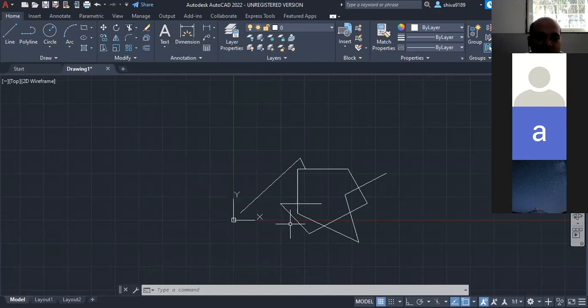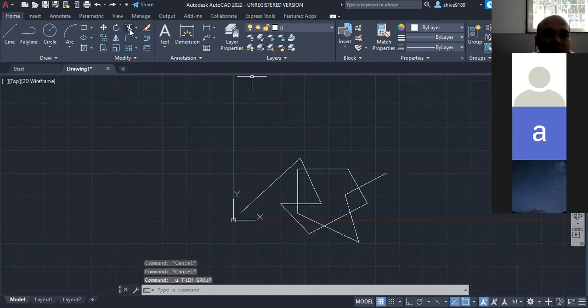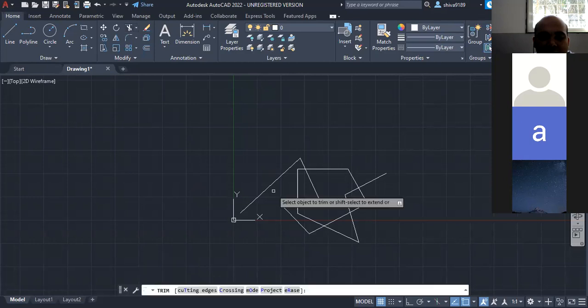Suppose I want to delete the whole line, but only part of it, not the complete line. See, it will delete the complete line. Now why is it happening? Why was this being deleted, but this is not being deleted? Can anyone tell me?